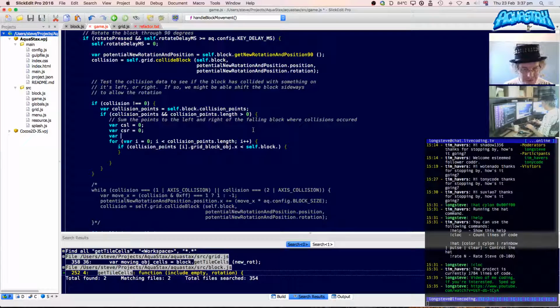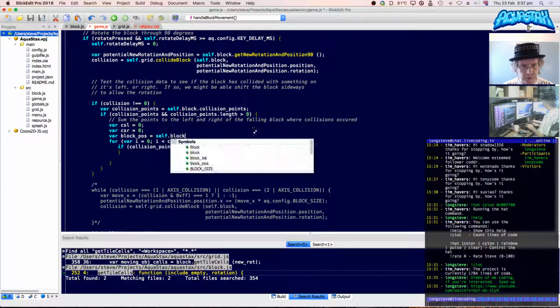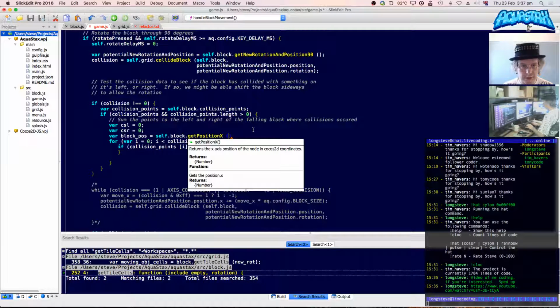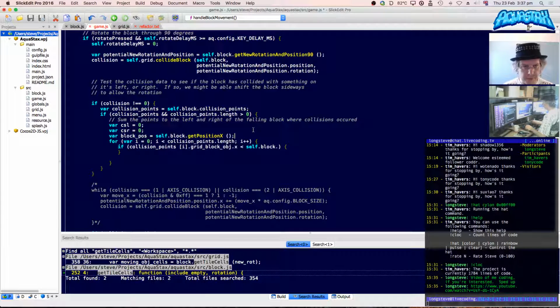I used int instead of var. Block x equals self.block.get position. Actually, we only want position x, don't we? Get position x. That'll work. I think I can probably just do self.block.x as well. Anyway, I'm going to call that block x. Less than block x.